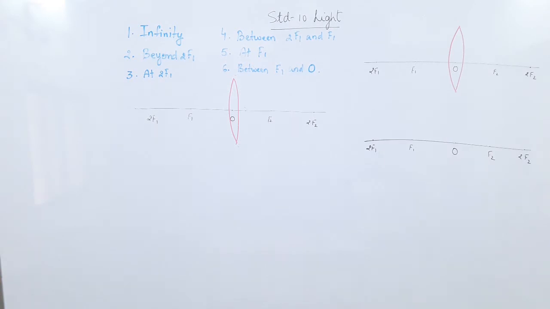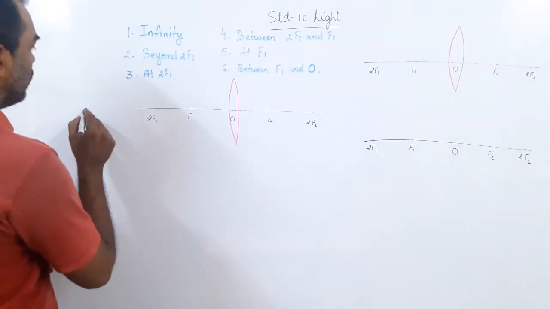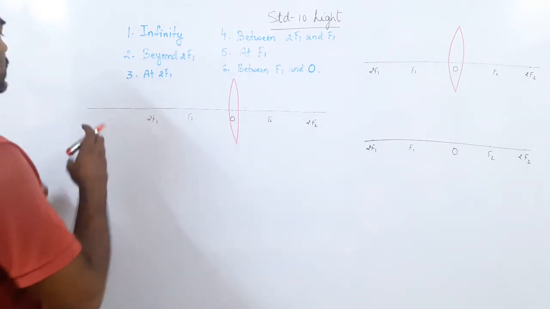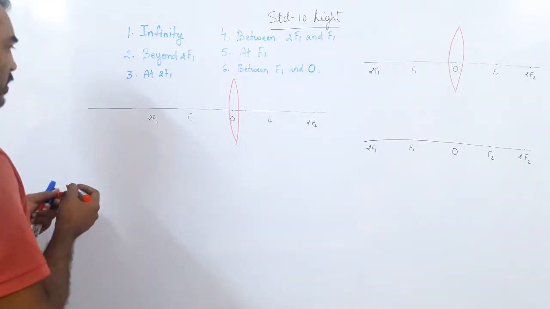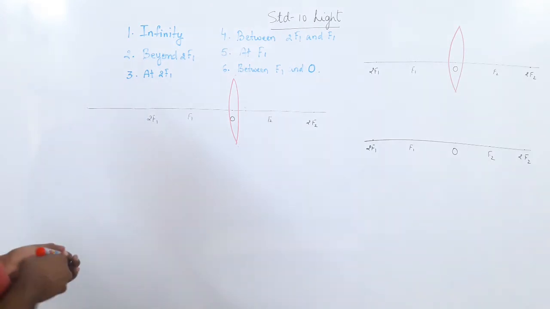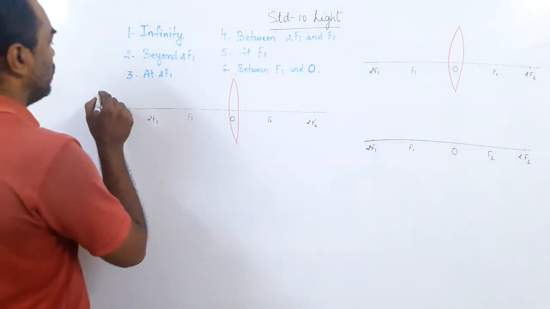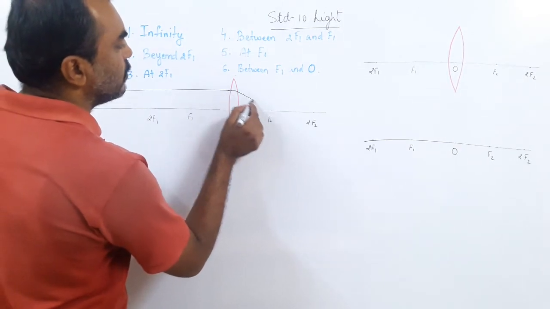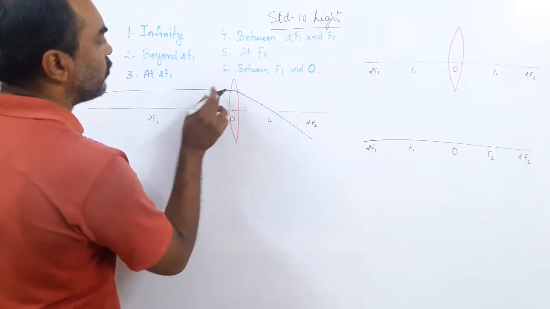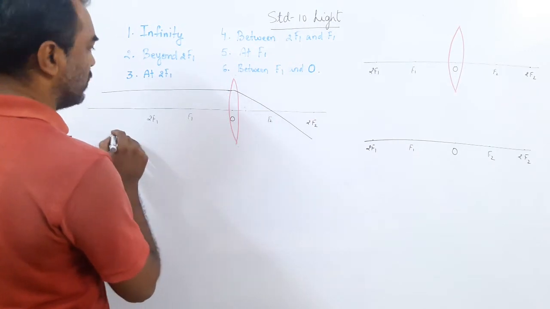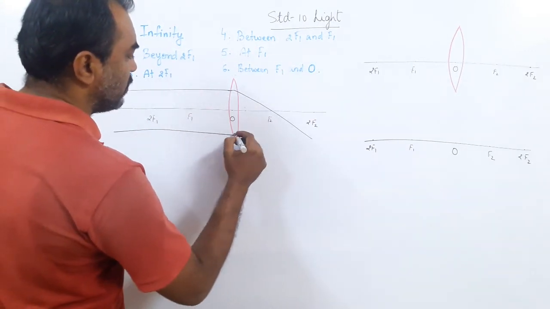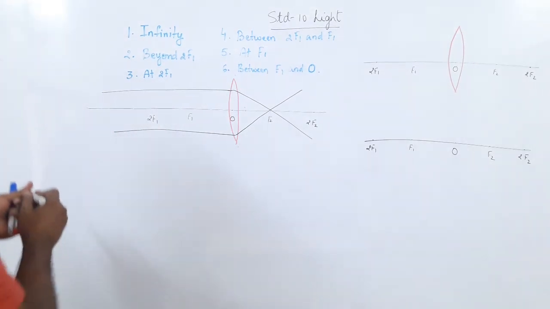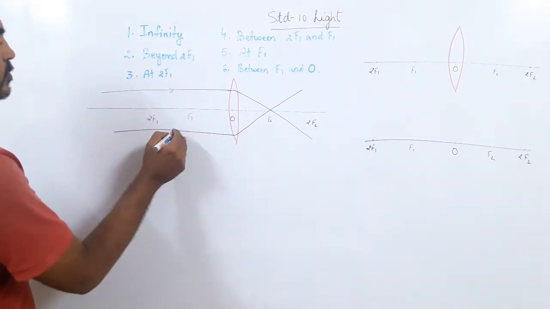So what is the first rule? The object is at infinity. So when the object is at infinity, we do not draw the object. What happens to the rays of light? They are parallel to the principal axis. After refraction, they will pass through the focus. Now do not draw it from here, draw the line from the center. Take the line exactly to the center here and it passes through the focus. So case number 1, the ray of light is coming from infinity.